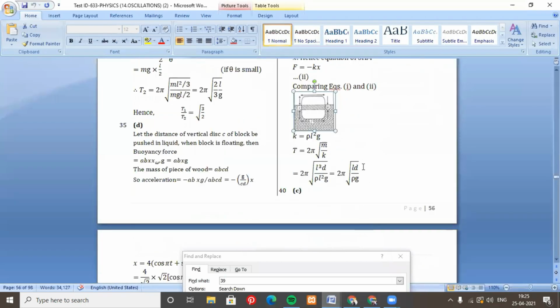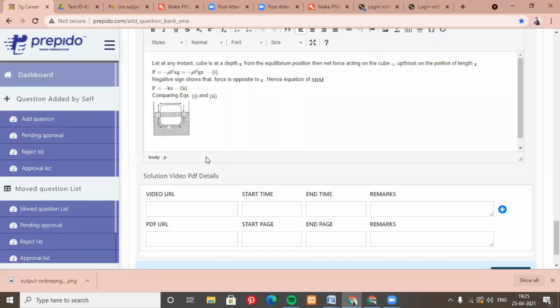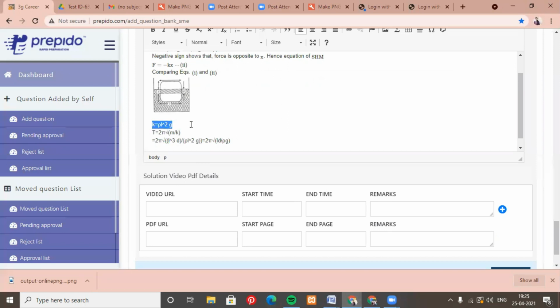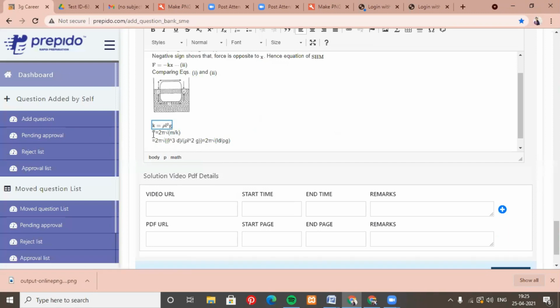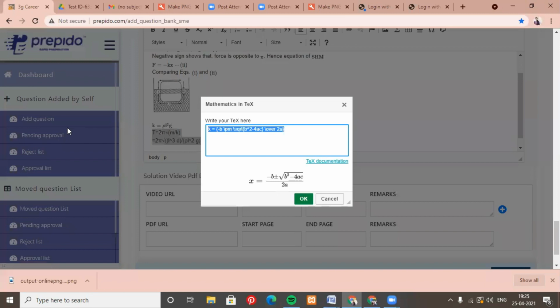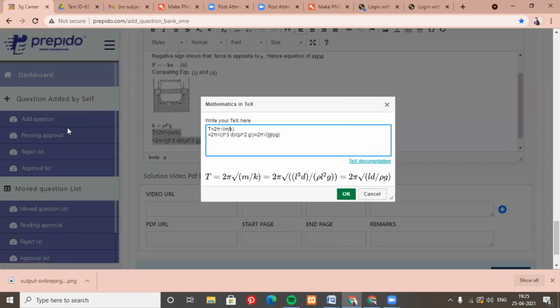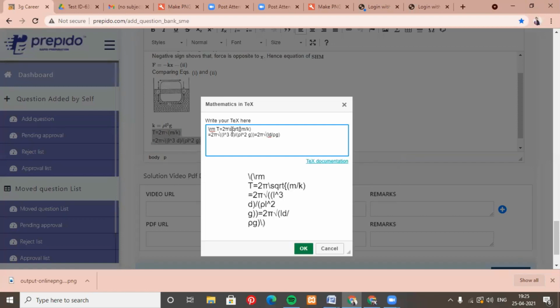So next here also, after the image, you also have this. You can copy and then directly put Control Shift V. All these equations have to be edited using the math tool, \rm. Here we have the square root function sqrt.